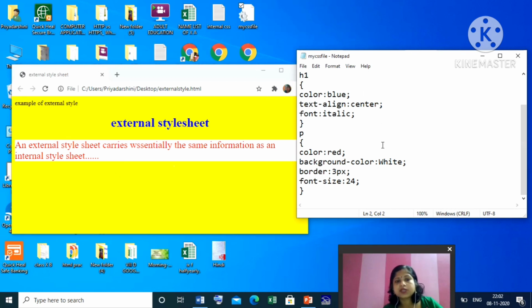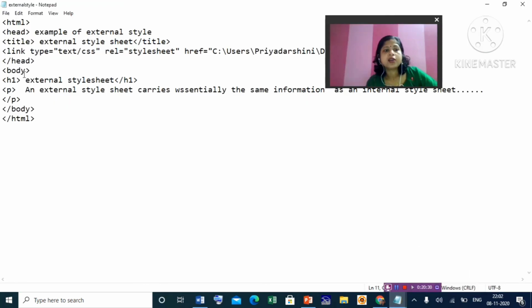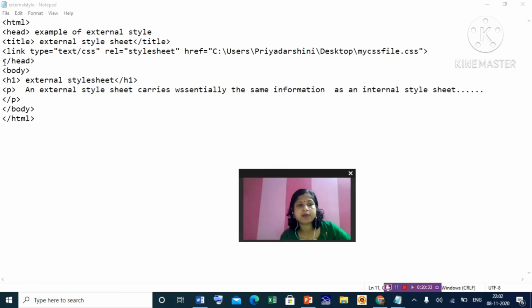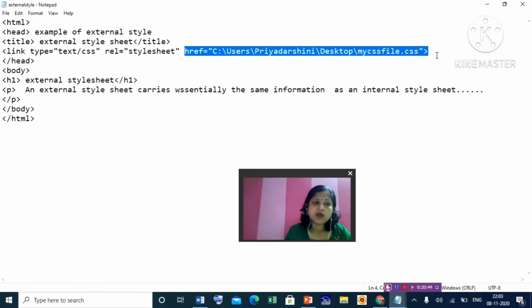So this way you create one CSS file, and in the HTML file you attach it. You can see the HTML file now. Here it is. No formatting feature is applied in the HTML file, no color, nothing used. Only here we have linked the CSS file, and that formatting will be applied to the HTML elements. Wherever in the document you create an H1 element, a paragraph element, or a body, the same formatting will be reflected.